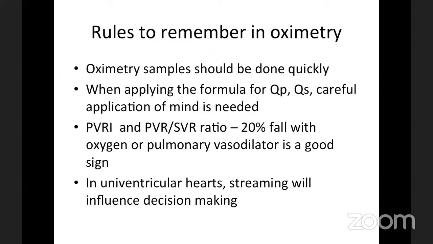Exercise induced desaturation. What is the criteria under which I will not care for that patient? If this criteria is fulfilled, I'm not going to care. Yes. So basically, the general rule is that a saturation going down to less than 92% on exercise is an indicator that the pulmonary vascular resistance is not falling with exercise, and so it is creating a right left shunt. But we need to understand pulse oximetry depends on a variety of lung related and peripheral factors.